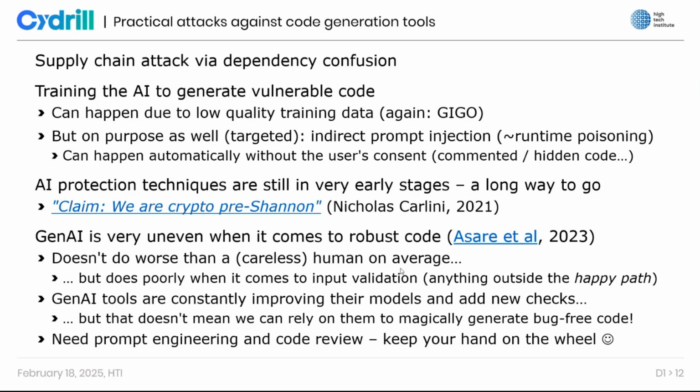But let's look at the actual code generation. And if I want to summarize what kind of code it generates with respect to security and robustness, I would use the word uneven, because it does generate code that for the most part is not worse than code written by a human with respect to robustness, but that is on average. And there are some areas where it does very, very poorly. Especially one area I would highlight is input validation, or I should say the lack of input validation. And this is due to the fact that these models will tend to generate code that is focusing on the happy path, which is basically everything is going as expected.